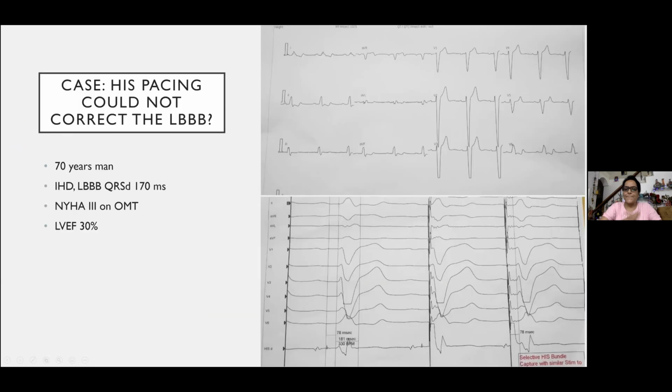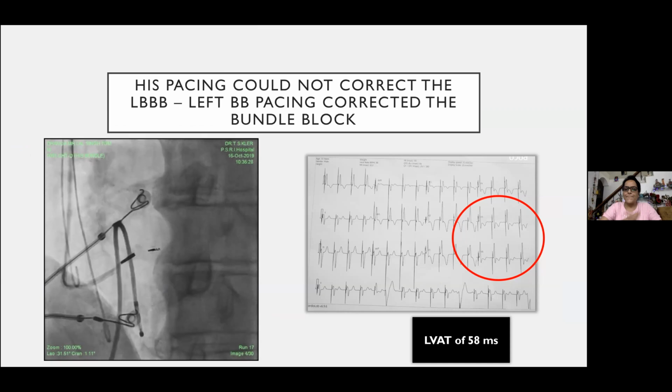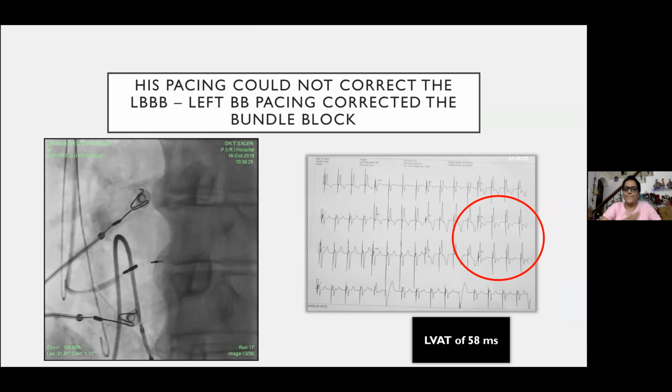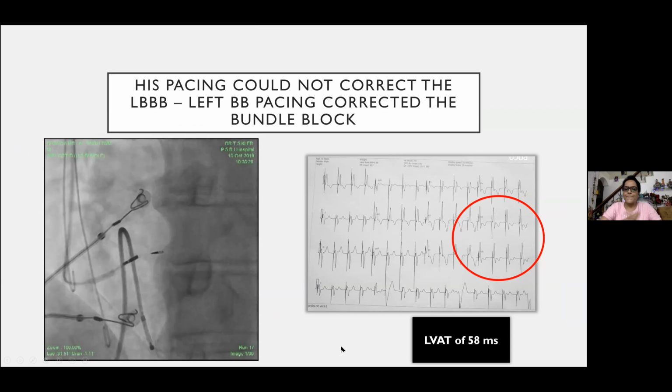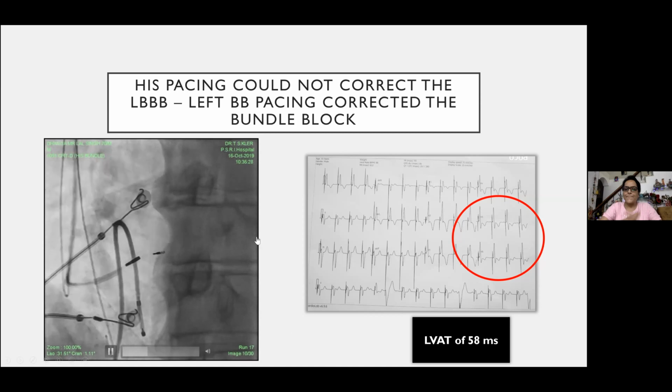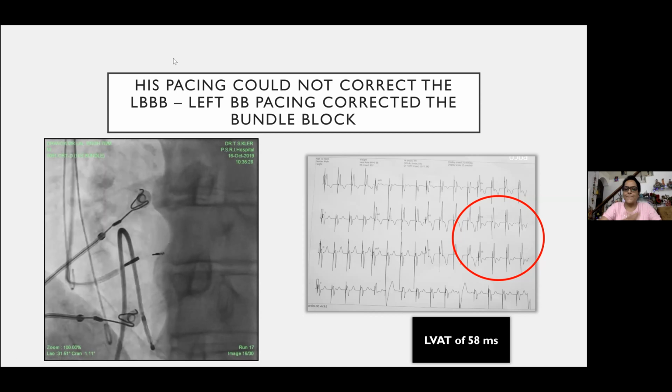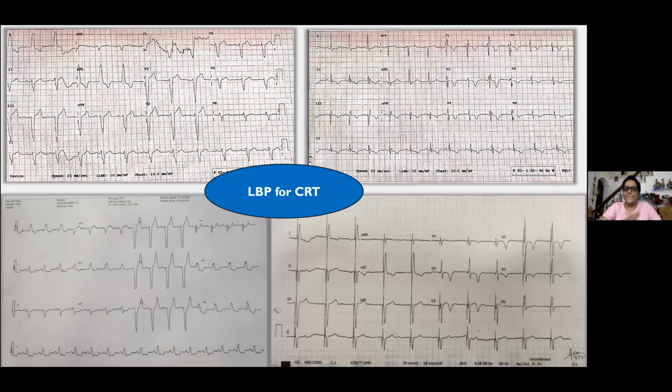But sometimes his is not enough. In these cases, pacing at the his, you are neither able to correct the HV interval nor correct the block, so you know the block is distal. In a certain proportion of patients we are unable to correct it by whatever we do in the his bundle area. For those cases, we have come up with left bundle CRT. We just do a left bundle CRT, with no need of doing anything more. Either you put an ICD lead or just an RA lead and do a dual chamber pacemaker. These are cases of plain CRT done with a dual chamber pacemaker. We don't need his optimized or left optimized CRT for this case.